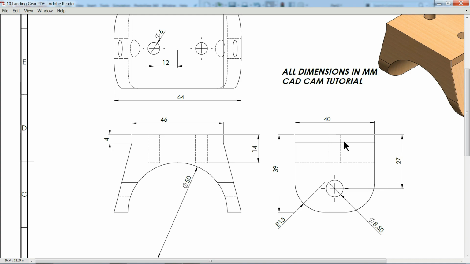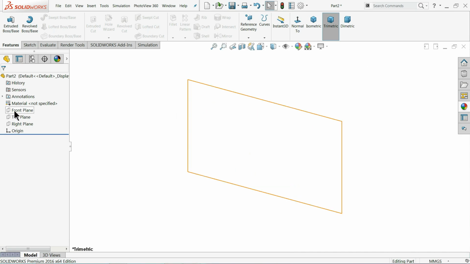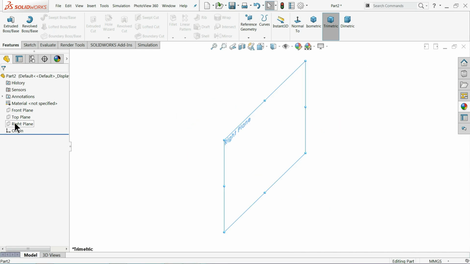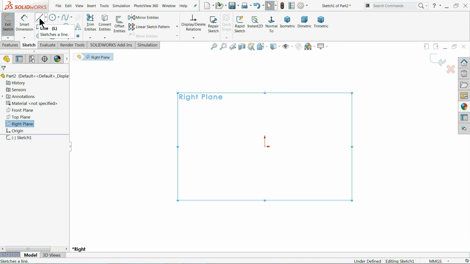And how long we need to extrude this one? Here we will extrude 64 millimeter. Now here we will select right plane, sketch. Okay, we will try with center rectangle.